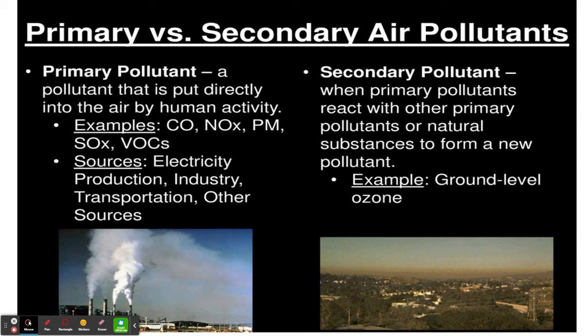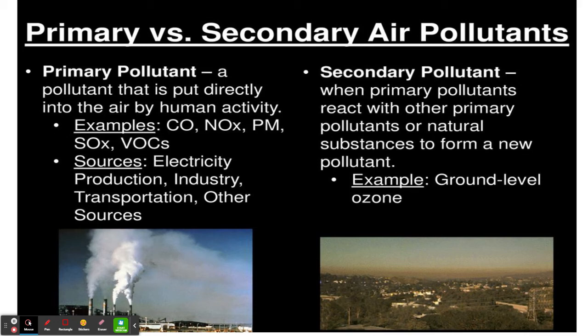SOx would be the sulfur oxides like we talked about, and VOCs, which we'll talk about later. Volatile organic compounds. These are things that you inhale that could be potentially dangerous to you. To give you an example: spray paint, markers, gasoline vapors. Some people say they like that smell. It's a bad smell, killing brain cells. VOCs is a term. These are all primary pollutants.